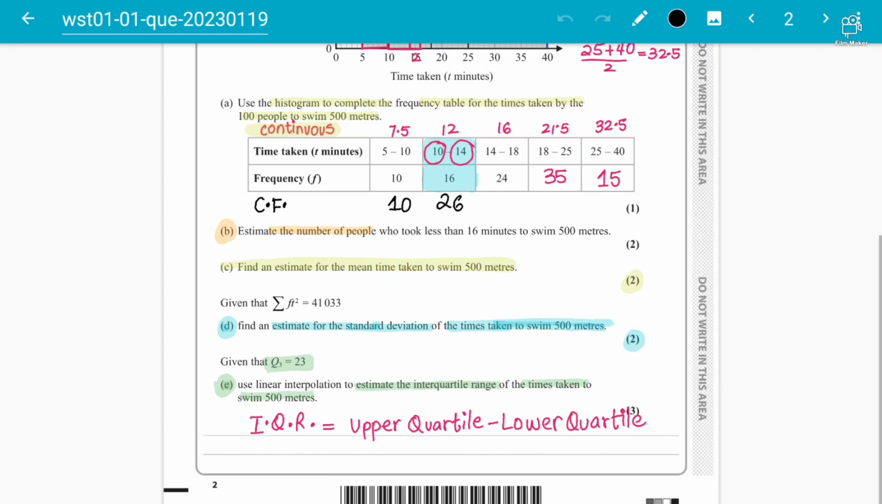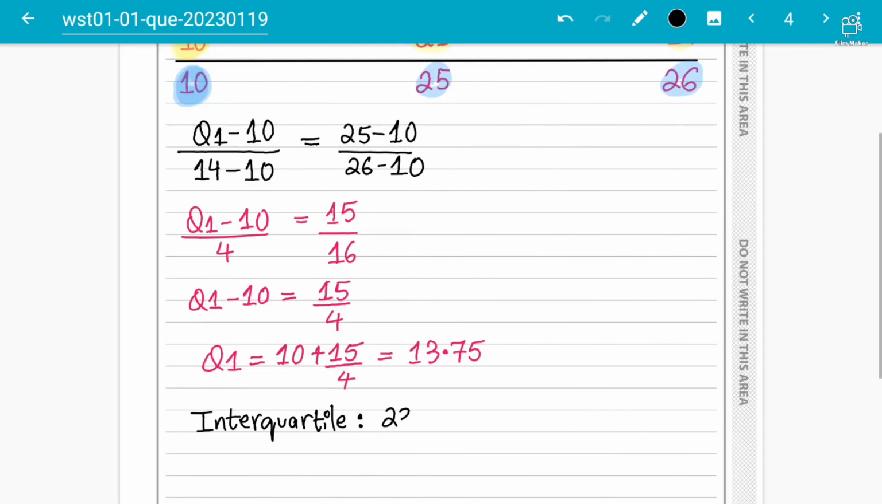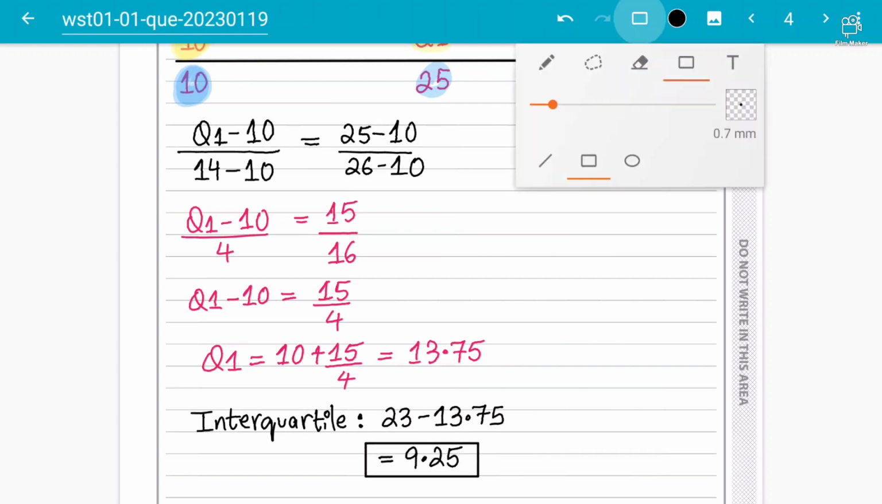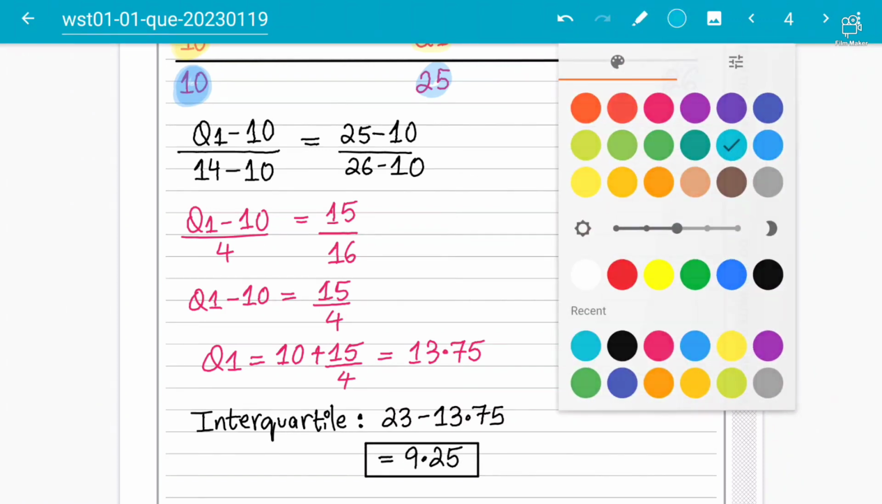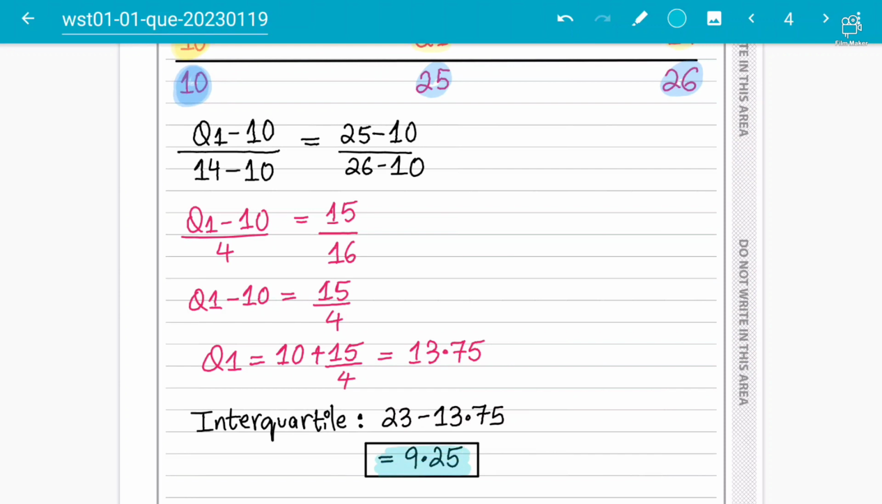So we have been given Q3 as 23, so 23 minus 13.75 is going to be the answer. Okay, 23 minus 13.75, so we got 9.25 as the interquartile range, which also ends our question number 1. One important concept that students should also know, and you can do both ways,